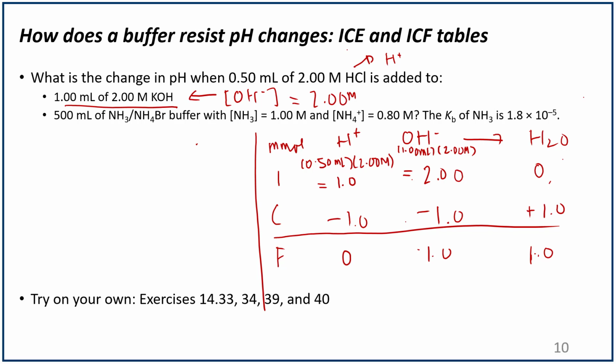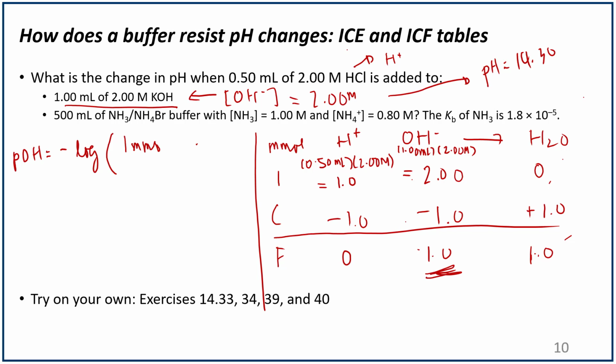As you can see, after you mix the two of them together, the acid will be fully consumed by the base. And again, just because I erased it already, originally the pH here was 14.30. This is the concentration of OH that we have now. So let's calculate what the pOH is. pOH is equal to the negative log of the OH concentration. We have here 1 millimole divided by the total volume of the solution, which is 1 plus 0.50, so that's